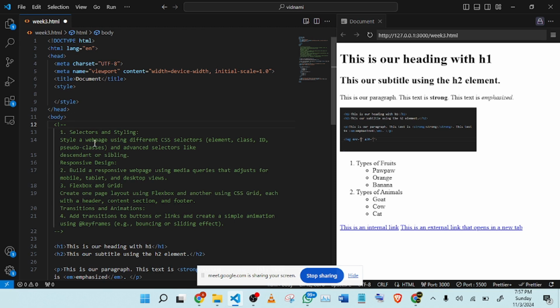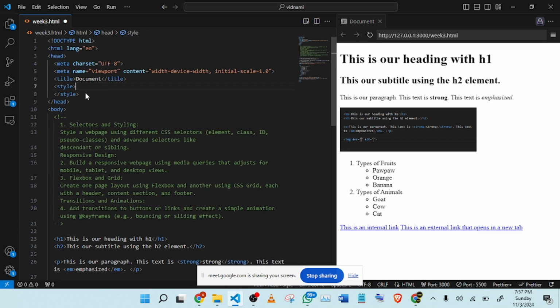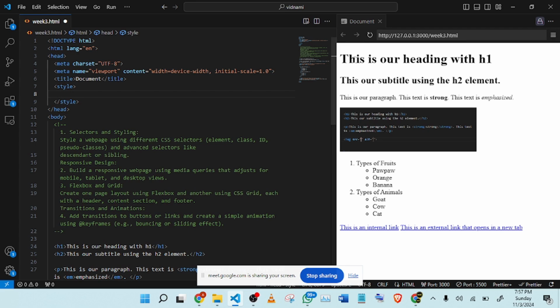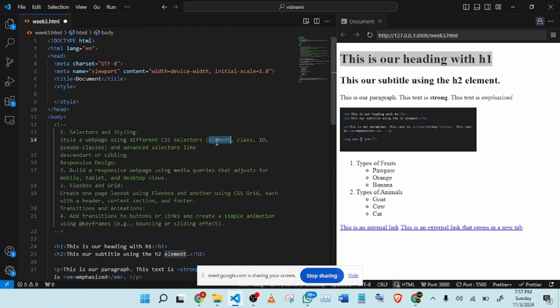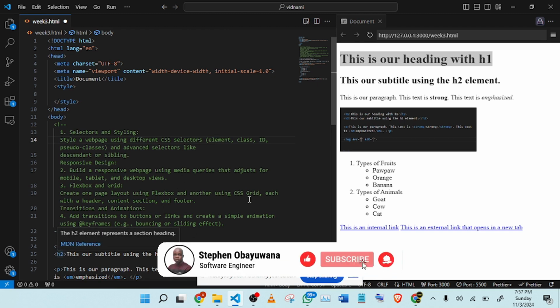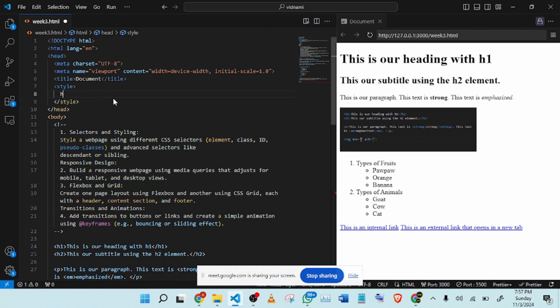The first tag here says style the element using the element selector, class, ID, or pseudo classes. So I want to style our H1 using the element selector. How do we do that? By getting the name of the element. For instance, this H1, the name of the element is called H1. So I'm just going to type H1,